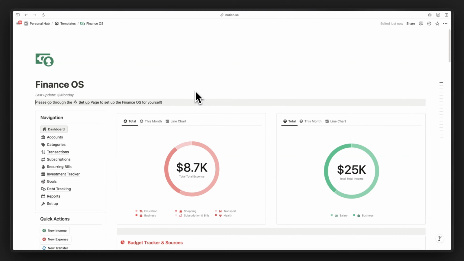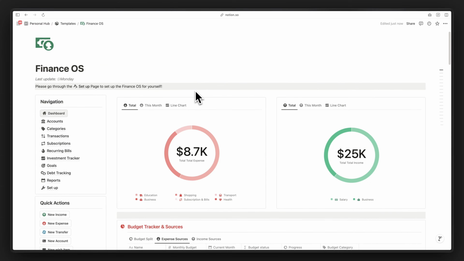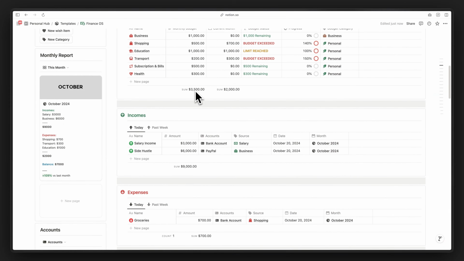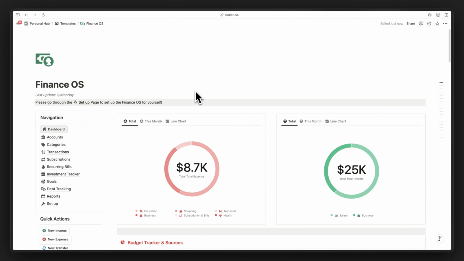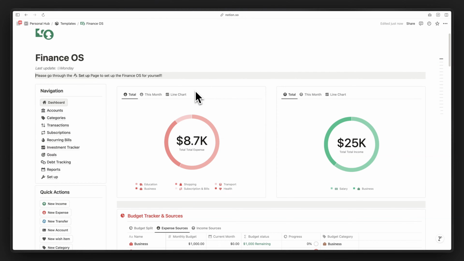If you're new here, I'm Hashim, and in this video, we are exploring one of the most comprehensive financial management templates on Notion, the Notion Finance OS. This is your go-to tool for keeping your money organized, whether it's managing your accounts, budgeting, tracking expenses, or setting